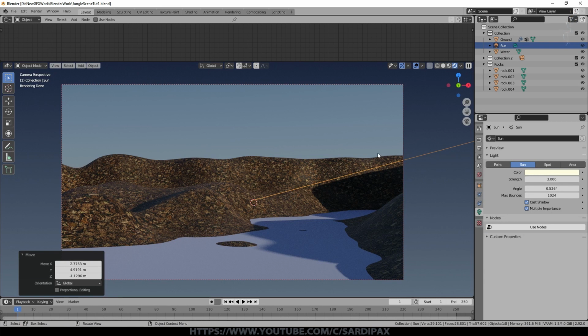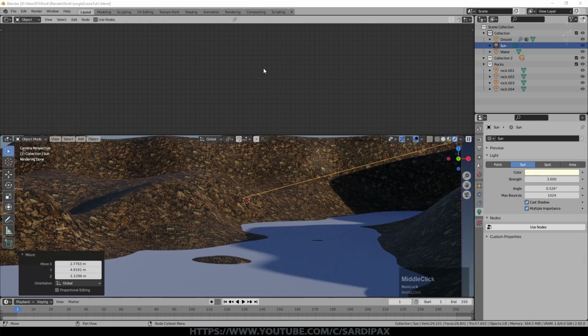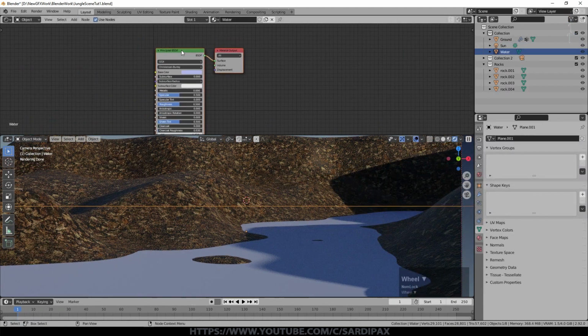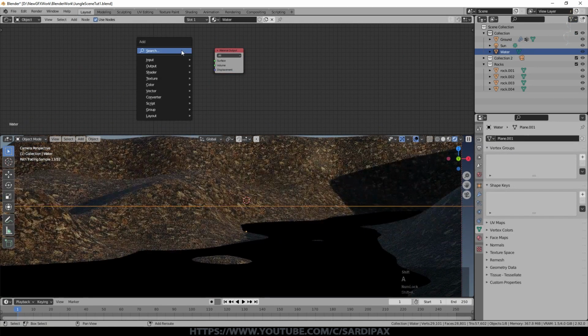I ended up with the sun actually behind the scene, so almost pointing into the camera, because that gave me some nice reflections off the surface of the water. And I guess now is a good time to do a little bit of work on that. So it's not such a complicated node setup for the water. I tried various different options and I decided on a glass and transparent shader as the most effective for this scene. So to begin with, select the water. Here's our basic principled shader. I'm going to delete the principled shader and add a glass shader, connect that in.